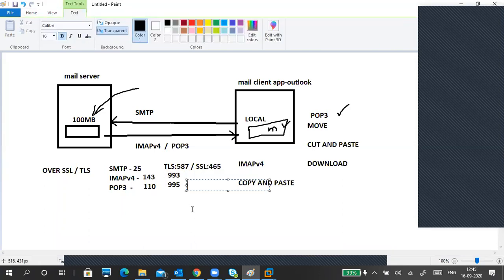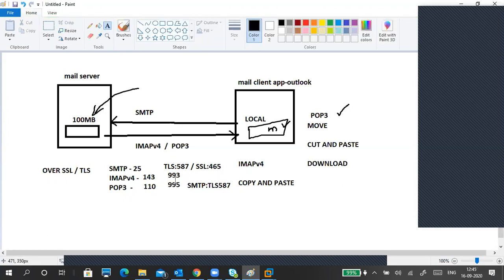So if you are using IMAP, you can use TLS and SSL. If you are using POP3, you must use TLS only. So this is for SMTP. For SMTP, you should use the TLS protocol only. So 587. But these two are SSL only. That is important. So which one do you want to create? Like you want to create POP3. POP3 SSL port number is 995, and TLS port number is 587. If you are using IMAP, you can use 993, and this is the SMTP. So this is very important.